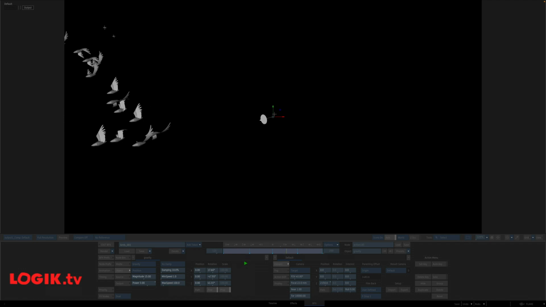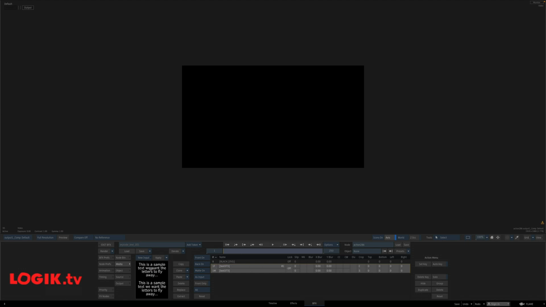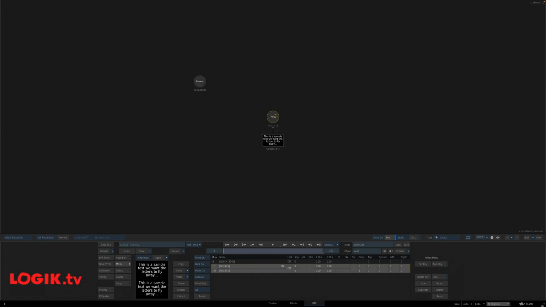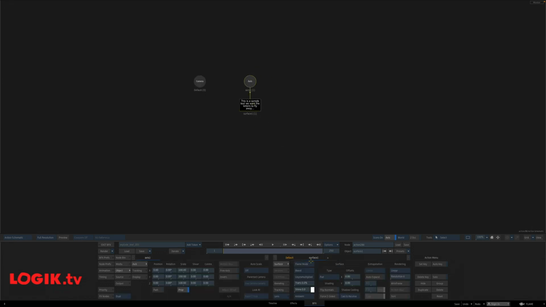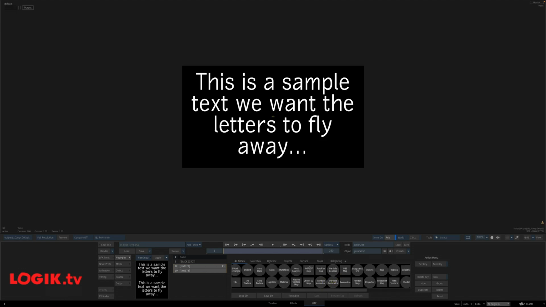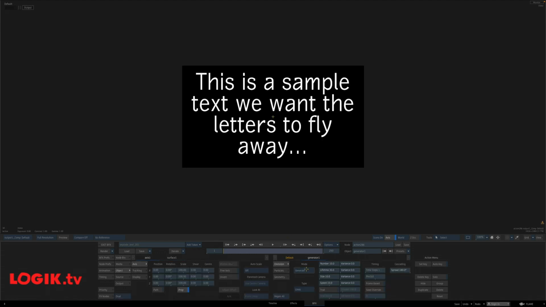So let's say this is a sample text that we want the letters of it to fly away. This is going to be our generator and the surface that we are going to be playing around with. So we say it's going to be a particle generator, but now we want to not generate particles from this, but rather explode its particles. So when we're exploding the particles, we must set the